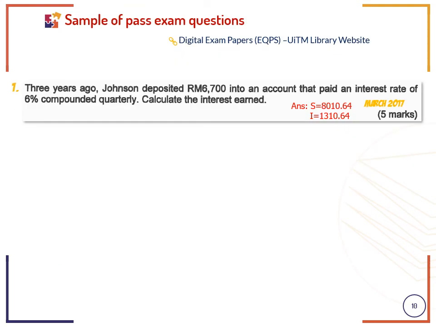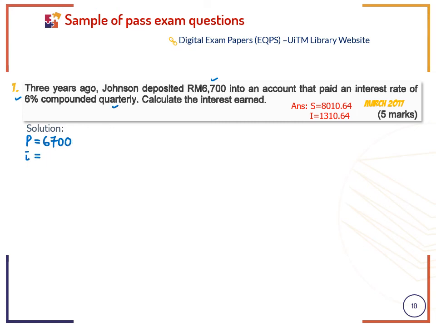Let's solve this question. 3 years ago, Johnson deposited 6,700 into an account that paid an interest rate of 6% compounded quarterly. Calculate interest earned. In order to calculate interest earned, calculate first the amount at the end of 3 years. Solution: given P equal to 6,700,